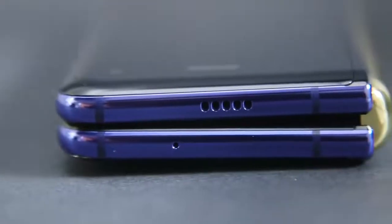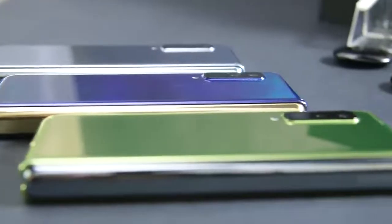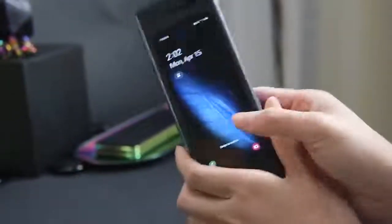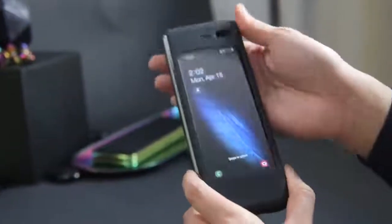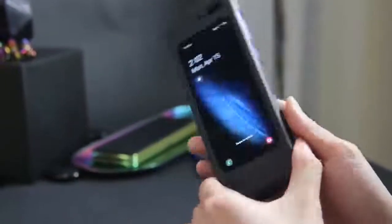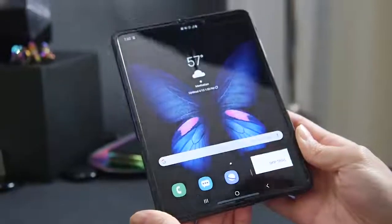Now this is a really expensive phone, right? So to protect your investment, Samsung is giving you 2 cases within the box. Now this particular case is made of Kevlar, which should provide a lot of protection, and as you can see, when they're both snapped on, the hinge is still exposed, so it doesn't obstruct your folding or unfolding of the phone. And when you've got it completely open on the back, this is what the